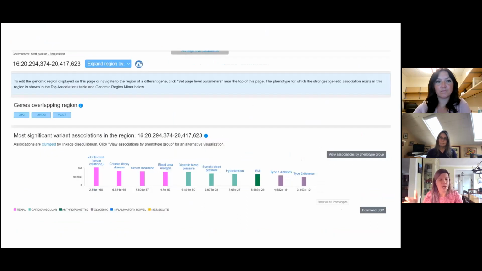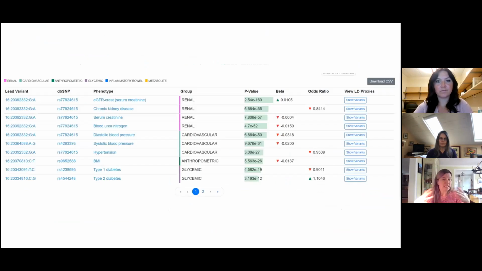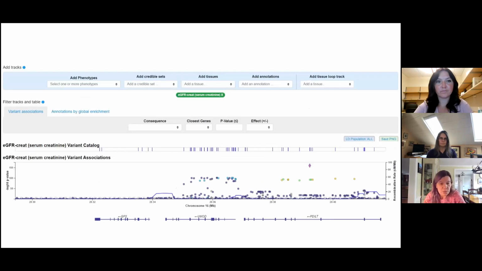And it presents it to you as, if you want to search your favorite gene or region, you see your favorite region. Right now I'm showing a region associated with chronic kidney disease, which is very interesting because it's associated with a set of traits. We present this distilled genetic summary of the genome-wide associations, and then you have your table of the lead variants for those associations. And then you have the elegant LocusZoom presentation, which allows you to visualize the region. These distilled visualizations give you a snapshot summary of what's going on in a given region.